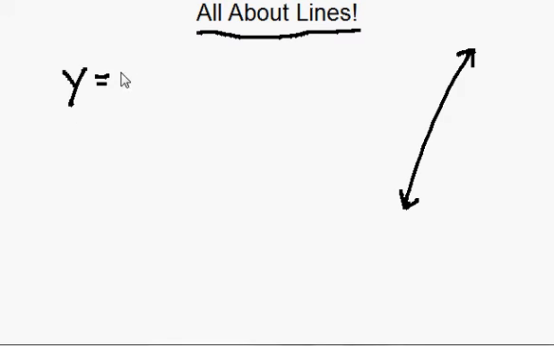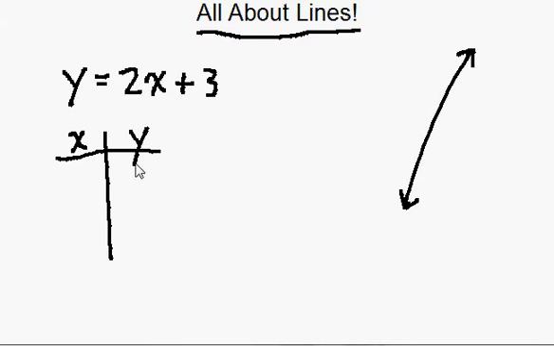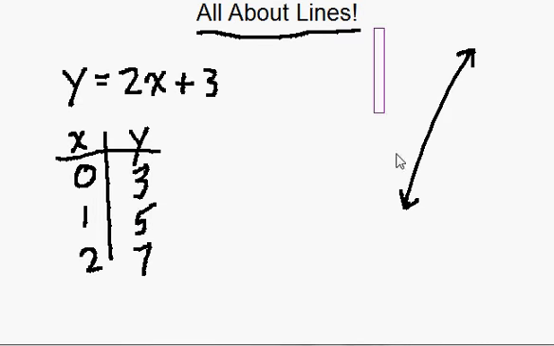Now we all know what a line is. It's just that. Something that goes straight and it goes on forever in one direction and the other. But let's talk about graphing lines from equations. So if you have something like y equals 2x plus 3, then the way to graph that is you have